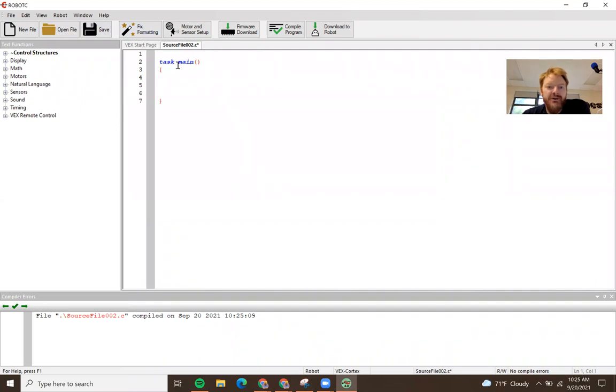You'll see this pops up. You'll see a task main. You'll see a curly bracket. All your code has to be written inside these curly brackets. Okay, you can't write down here. It won't make any sense because it's outside the start and the stop bracket for the code. So I will go in here, and first thing I need to do is tell the computer